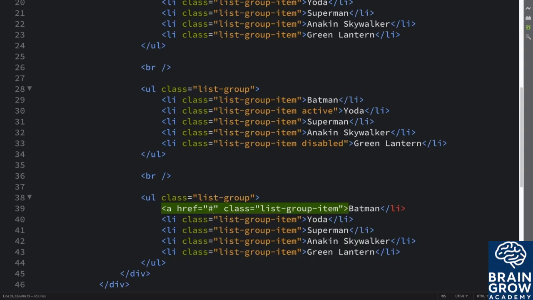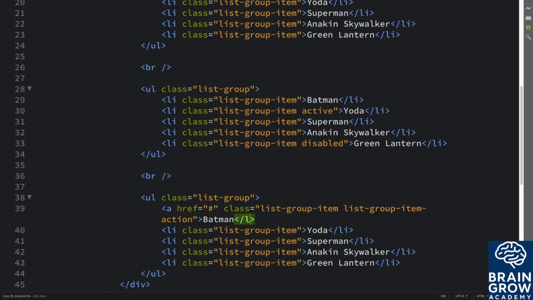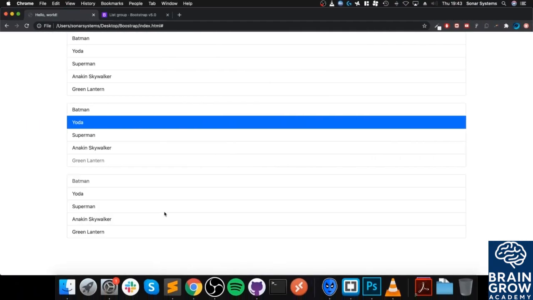And I'm going to put a hash just so it doesn't go anywhere, but you can make it go to a separate page on your website or a separate website entirely. One last class that you need, list-group-item-action. And change this to an anchor tag, reload, and as you can see, it has some sort of active